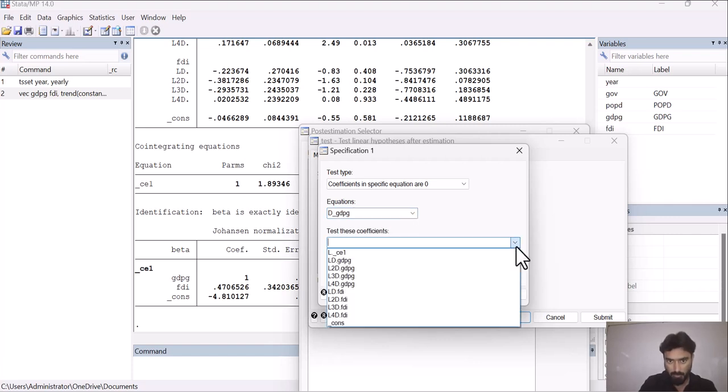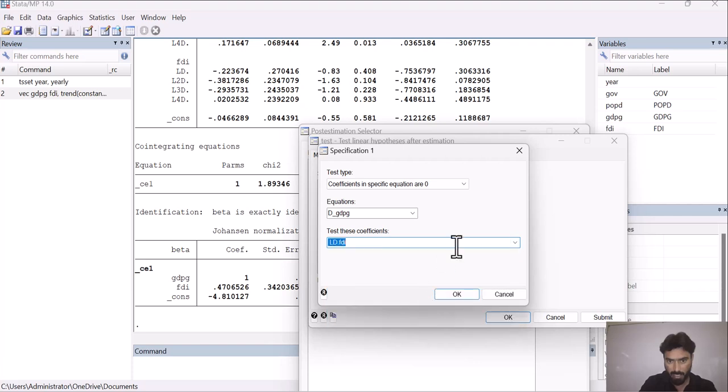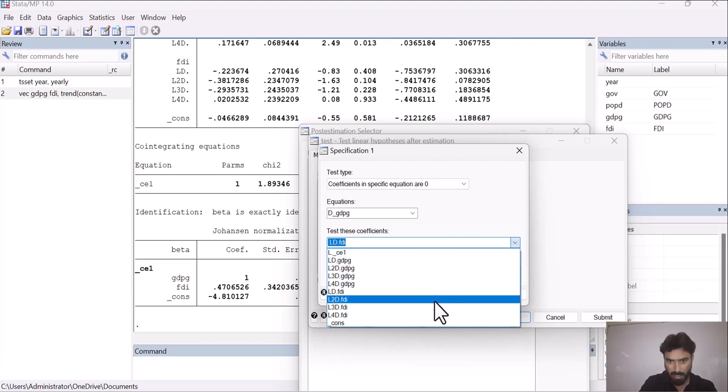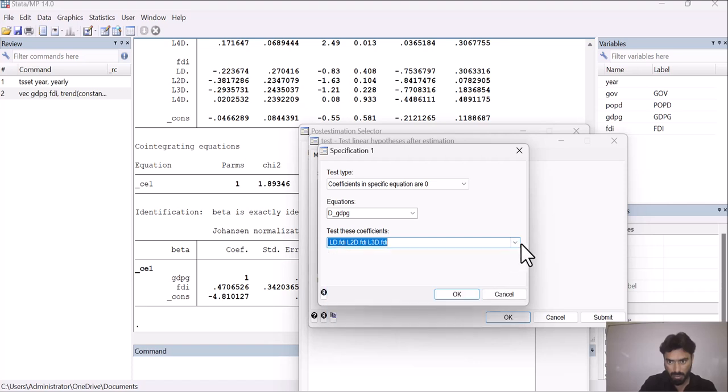You have to select the independent variables, lag FDI, and then lag 2, then lag 3, and then lag 4, and then click on OK,